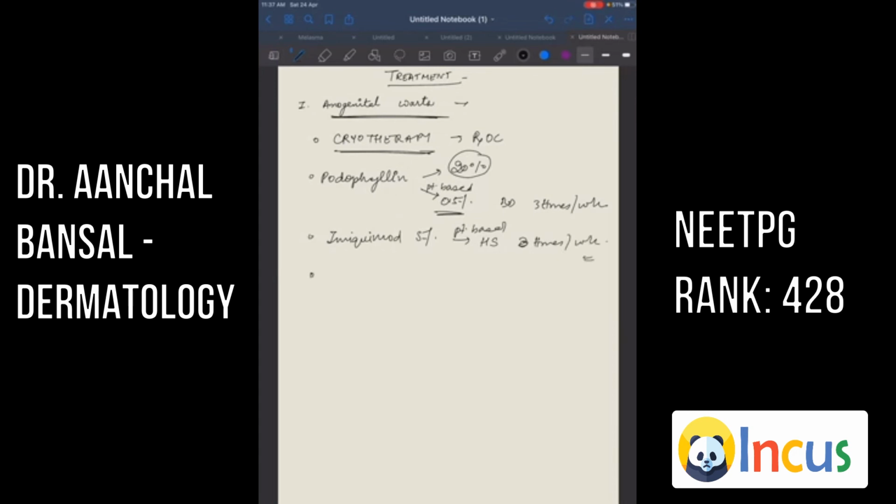Other available therapies are application of liquid nitrogen, TCA 80 to 90%, which is again an OPD based procedure, or we can go for removal by shave excision,